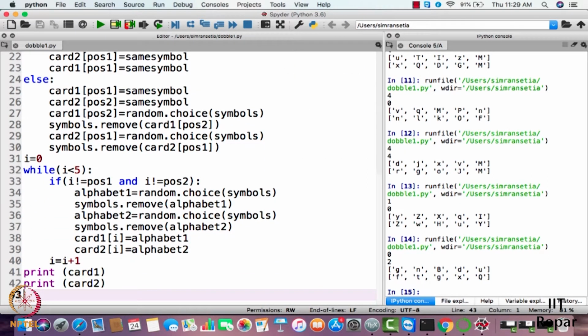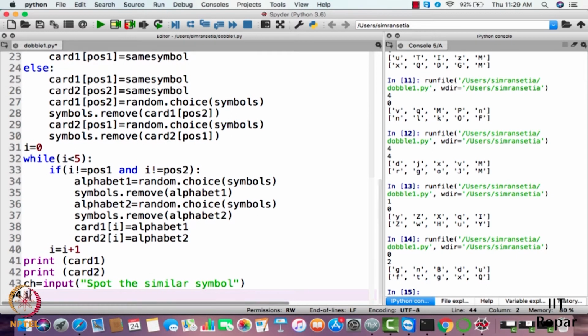So we are done with the cards. Now, since the player is playing this game, we should also let him know whether he has won or not. So we'll just input a particular symbol here. ch input, ask the user to spot the similar symbol.